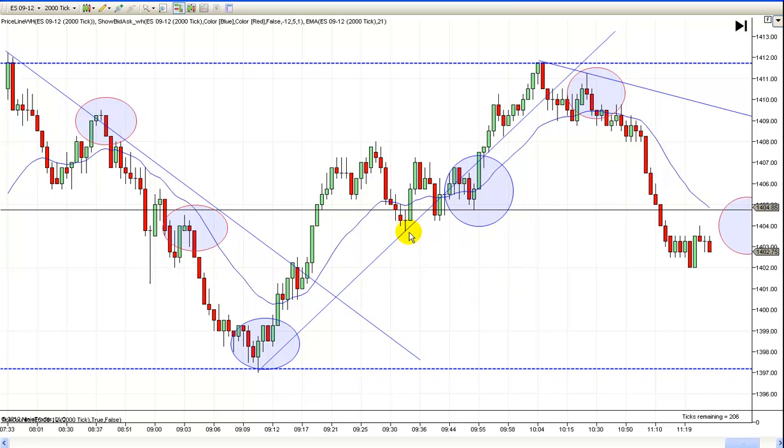And then we had a pullback to the EMA. It went a little further, so it was a little scary. You know, we didn't really have a trend line in place yet. You actually had a short-term trend line up through here, but that's way too steep. But by the time this second entry set up right in here, you got too many overlapping bars. So what I decided to do was, hey, I'm just going to sit tight and wait and see what happens. Instead of trying to force a trade in here, when we made this trap, I thought this was going to be